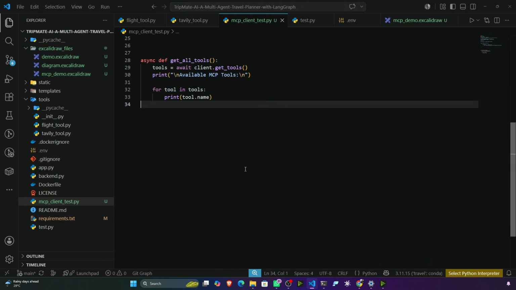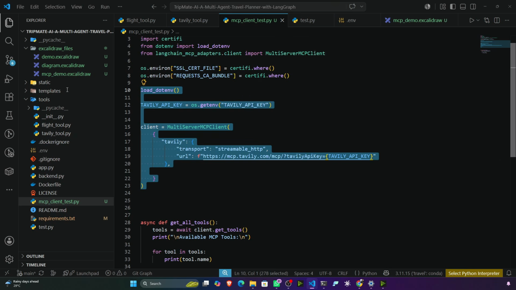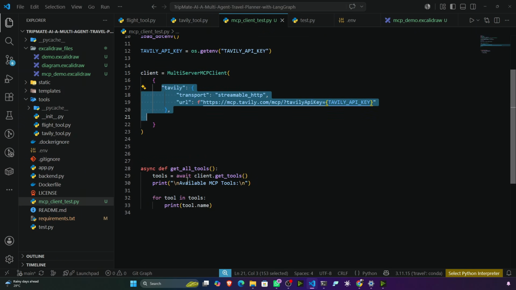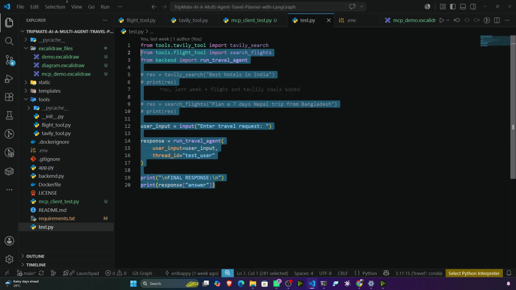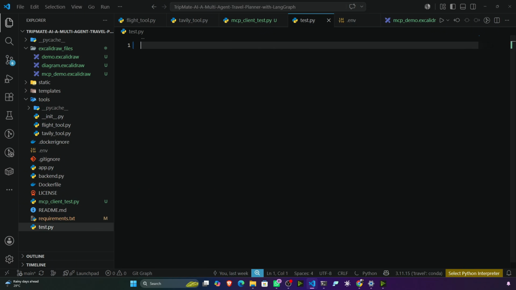I want to use this MCP server I have here. It is already connected with the remote MCP server for Tavily, and it already has all kinds of tools you need for the real-time search operation. This is what we'll try to connect. So that's why I'm going to remove this code, and here I'm going to write,